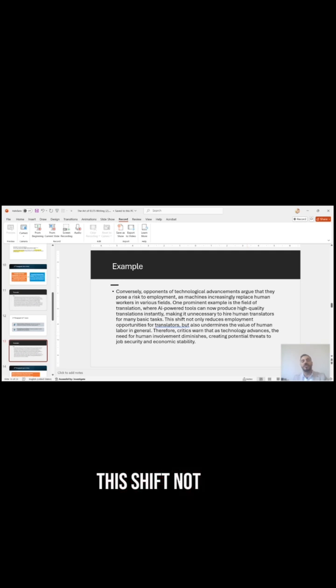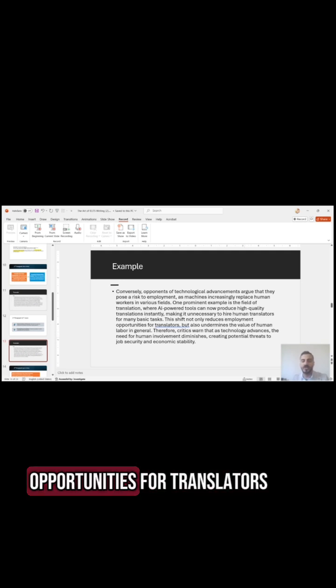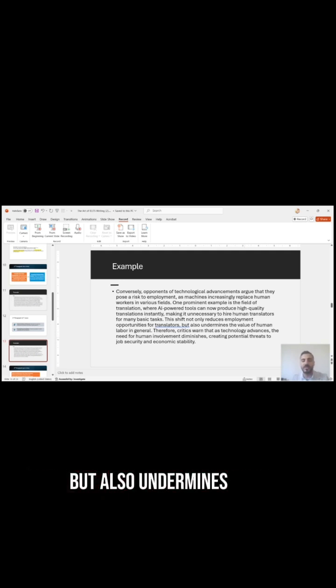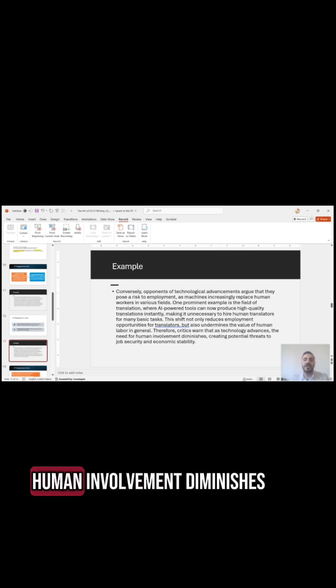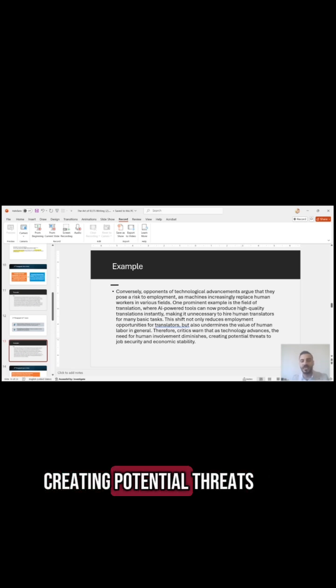This shift not only reduces employment opportunities for translators, but also undermines the value of human labor in general. Therefore, critics warn that as technology advances, the need for human involvement diminishes, creating potential threats to job security and